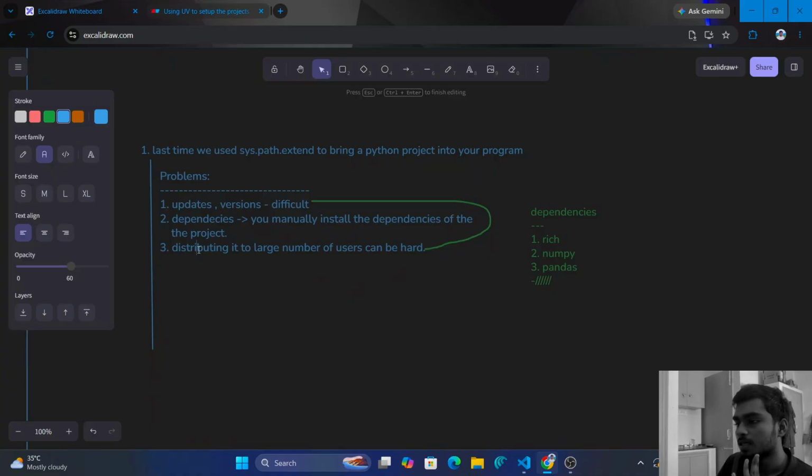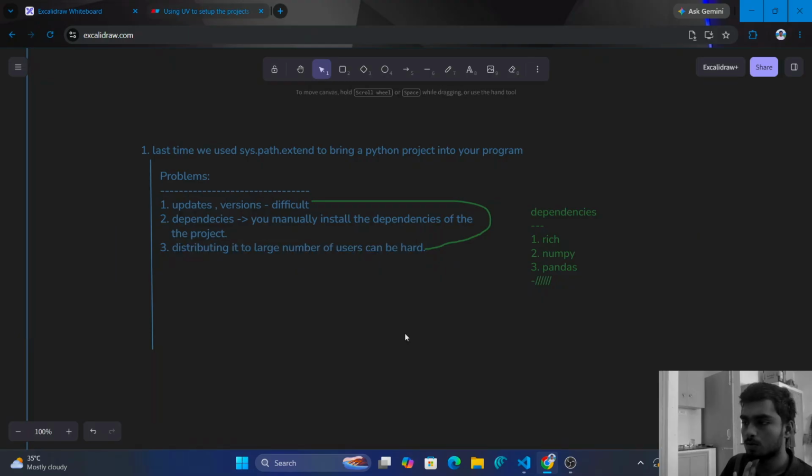The third one, distributing it to a large number of users can be hard. So distributing, I hope you understand it here. Distributing means making it accessible to a large number of users. So it is really difficult to make it accessible to a large number of users. If you put your zip file on the cloud, maybe a Google Drive, and share that drive link with everyone,